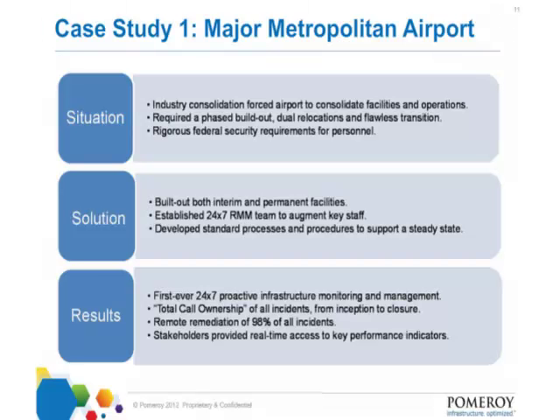So here's one of our first case studies. In this situation, we had a major metropolitan airport, and they were dealing with consolidation, security, high availability, multiple stakeholders, with engineering and subcontractors and various delivery organizations having to provide a service to the airport. And the solution that they had to come up with was to build out new facilities, build a standardized operational model